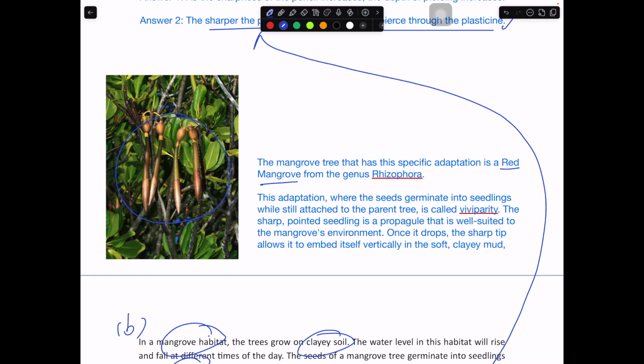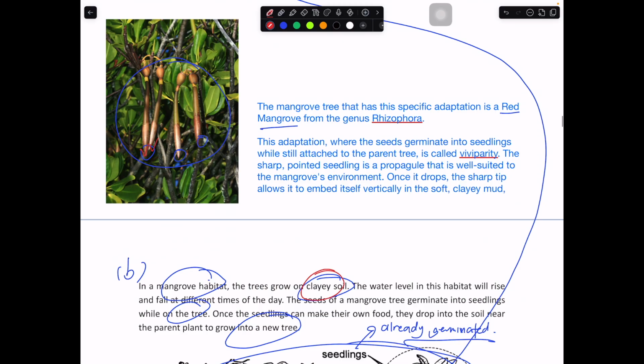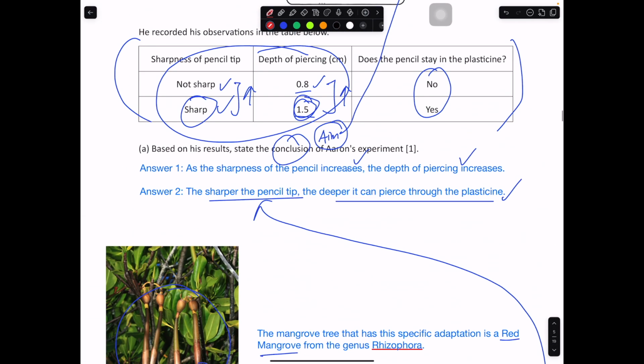Well, the seed will germinate into a seedling while it's still on the parent plant, and it has pointed, sharp tips. Can you see this part? They are very pointed. They are very sharp. So the sharper it is, the deeper it will pierce into the clay soil. Piercing deeper into the clay soil allows them to stay in the clay soil, so they can prevent themselves